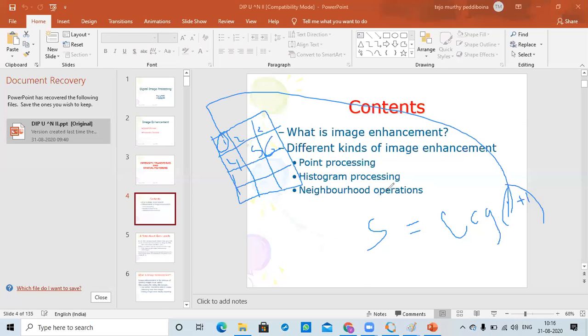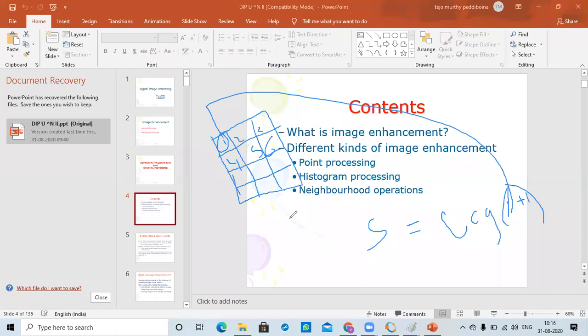Whereas in histogram processing, we calculate based on how many pixels we have at each level. For example, in your class, how many people are studying well, how many got more than 7 points, how many got more than 8 points. Similarly, for each level we calculate how many pixel values correspond to 2, how many pixel values correspond to 4. Based on that we get some impression. If we process with those statistical values, that is called histogram processing.